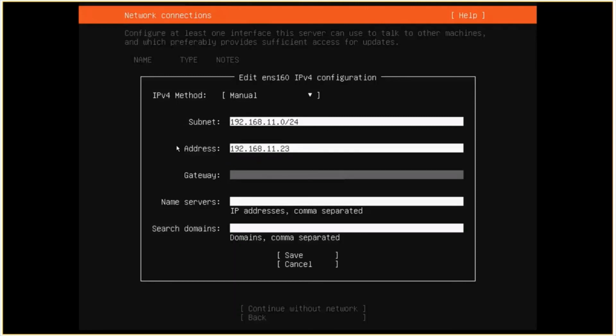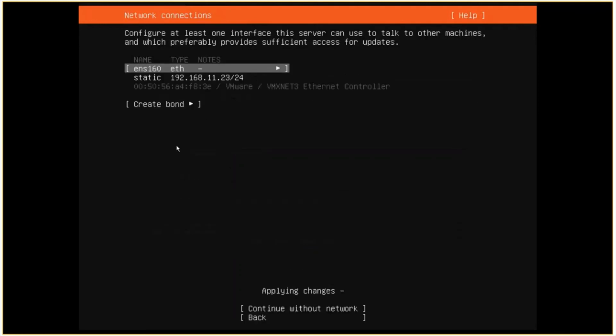Then gateway, 192.168.11.1. Okay. Now for the name servers, if you don't have any name server, then use Google's. Otherwise, if you have your own name servers, you can separate them by commas. I have one name server, but I am using Google's also, 8.8.8.8. Okay. Search domains, I don't have any domains, so click here, save. Now your static IP has been assigned. It is applied, and click done.